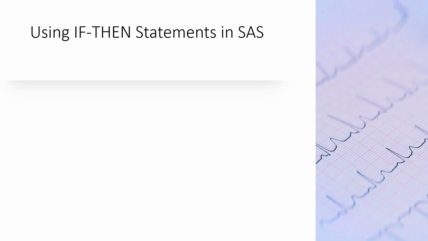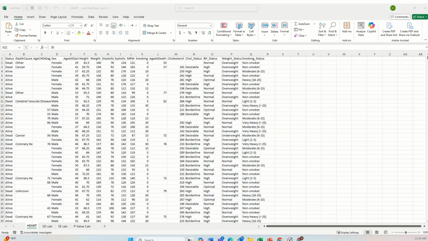The if-then statement is a powerful feature used in almost every data analytical tool. Most importantly, it lets you create new variables from existing ones, but you can also use it to modify variables you already have. For example, in our current heart dataset, which was created almost three-quarters of a century ago,